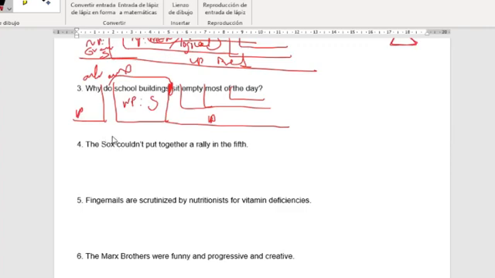Okay. It's the proper noun. Couldn't. Negative modal. Put together is a verb phrase, right? Put together what? A rally. A rally has been put together. Perfect. So it's VT. This one? Indefinite article. And this rally is a noun. This one? In, preposition. The definite article. Fifth is